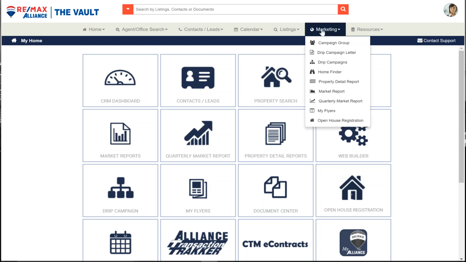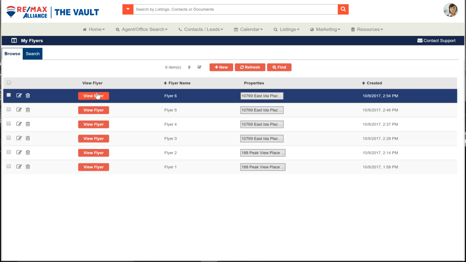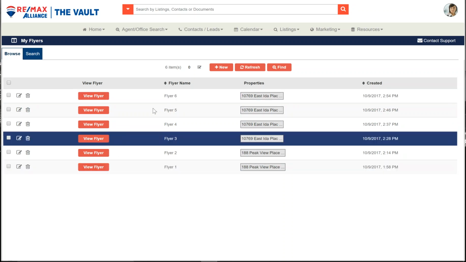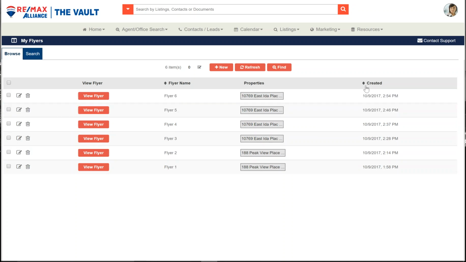I'm going to go up to marketing and down to my flyers. So I'm on the home page of the vault. I go to marketing and my flyers. Within here are a bunch of flyers and test flyers that I've done in the past. If you haven't built any flyers, this will be completely empty. I can edit or delete the flyer here. It's sorted by the last time I did a flyer here on the right-hand side,